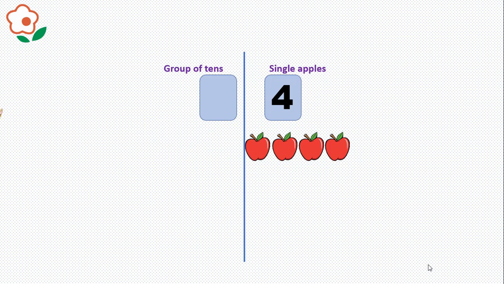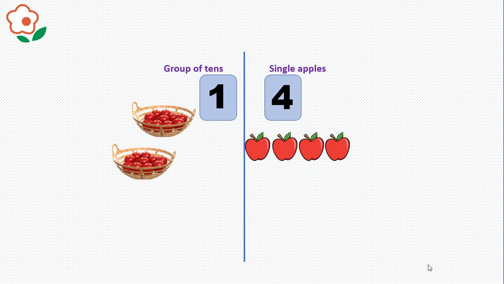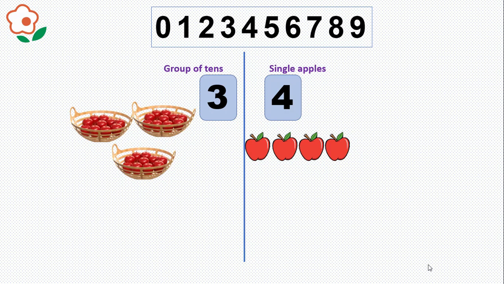For example, if we picked only one group of 10, then we will put the digit 1 in that number place. If we have picked two groups of 10, then we will put the digit 2 in that number place. And if we pick 3 groups of 10, then we will put the digit 3 in that number place, and so on. Do you see what's happening? Because the new number place is being used to count groups of 10s, it's allowing us to reuse our original 10 digits, but this time they are able to count or represent a bigger amount.